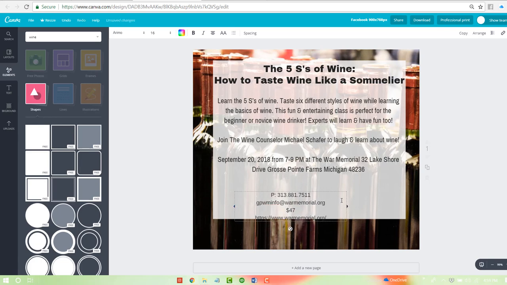So let's drag this out just so I can read this a little bit easier. And I'd like to put the call to action all in one section. So what I think I'm going to do first is I'm going to move this ticket price out because this is not really in the call to action. I think I'm going to put the tickets up here. So I'm going to put tickets,